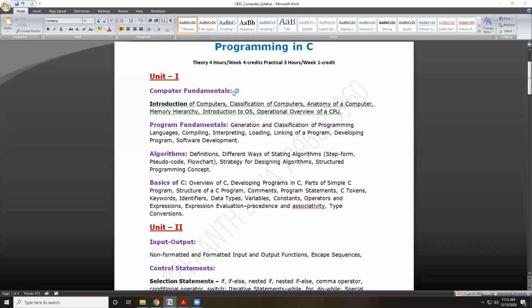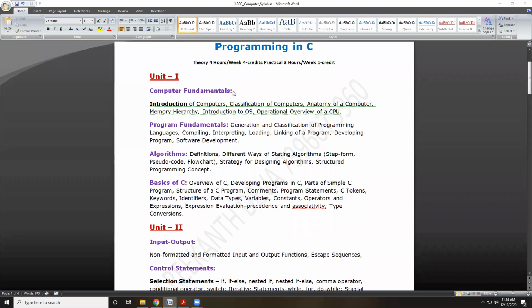Program fundamentals. Okay, in unit 1 second part, what are we learning about? Program fundamentals. In program fundamentals, what are we discussing? What is a program, why we need to write a program, how to write a program, how to construct a program based on the business logic. Once we are writing the program, in what language do we need to write? In the real world so many languages are there, right? So on that, which language do we need to write instructions in, and how to send those instructions to